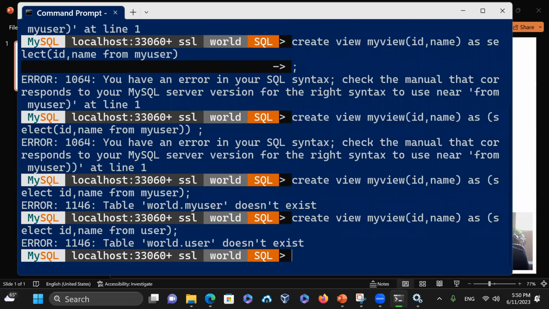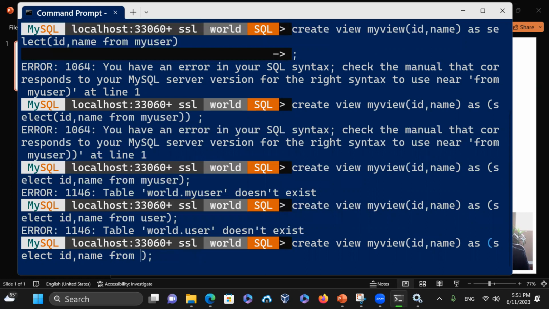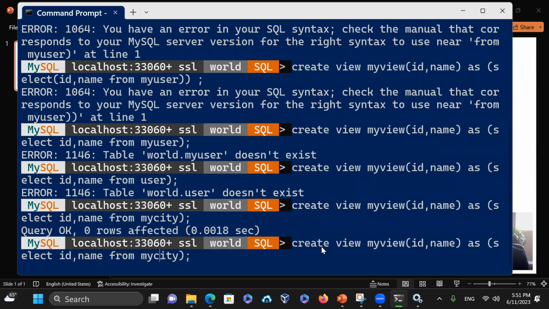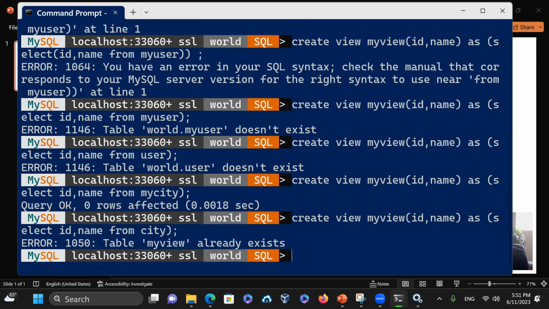And then that should, oh, the name city. I meant to say city name from my city, because that was on the other table. So now it says, okay, 0 records selected, but let's see if we pick it up from city. The view already exists, so I'm going to say drop view my view,